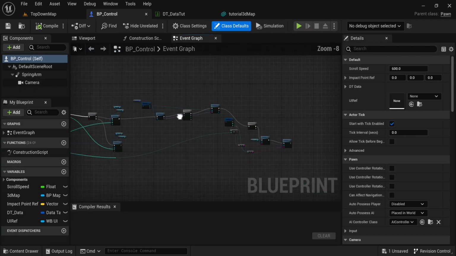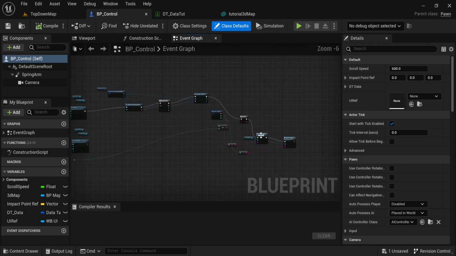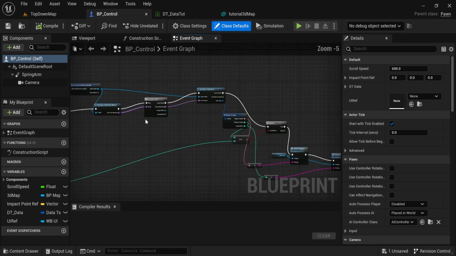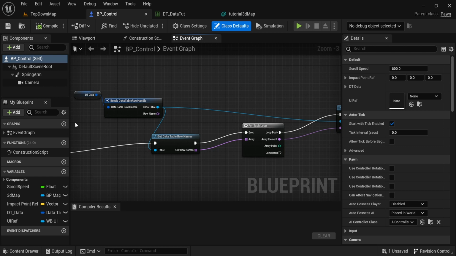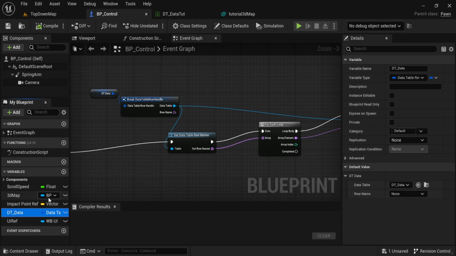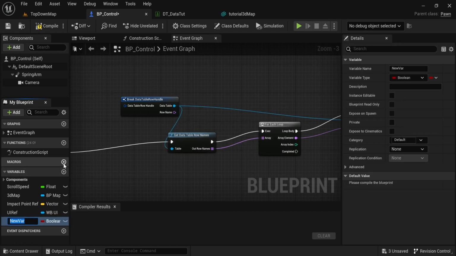Now, this is eventually the blueprint, so I'll just delete all of this, but I'll show you actually what it does if you just want to copy it. So we have a variable named data table, which essentially is just a data table row handle type. So to make this is just to delete this, and then it's essentially just